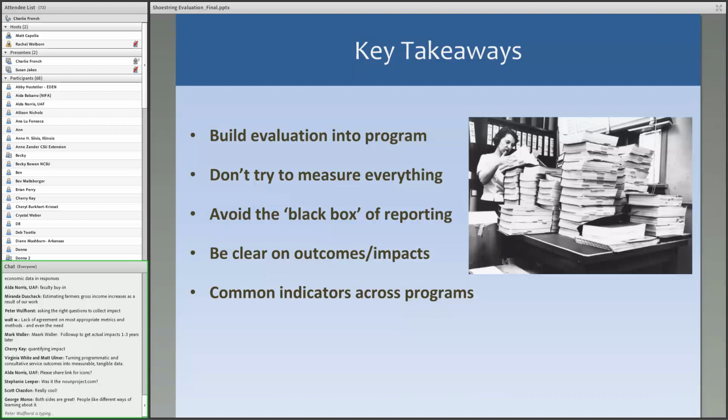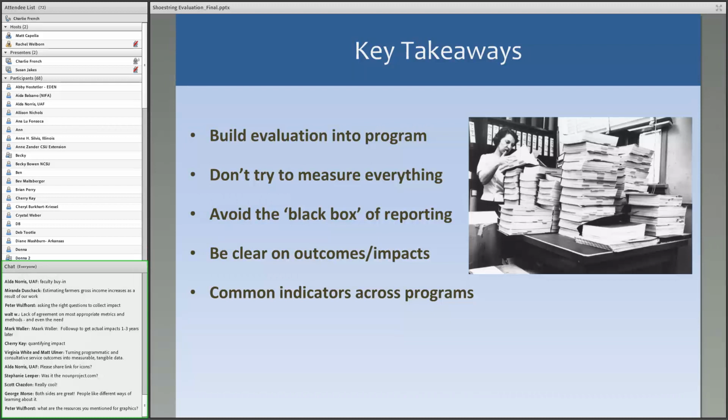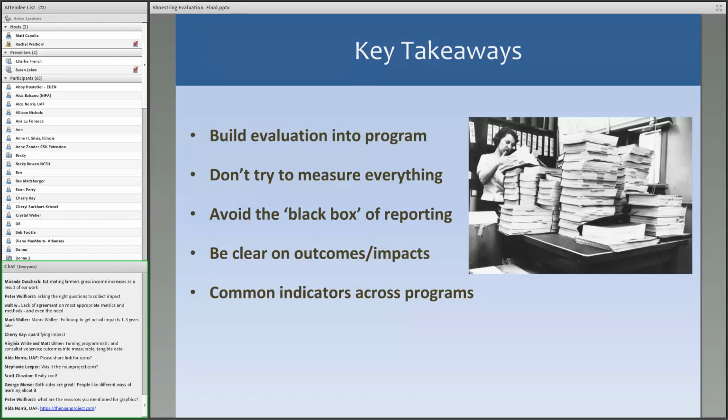When we think about the community visioning process, the community profiles program, there are many points in the process itself that are actually getting us baseline data. And when we meet with the action committees, we're actually collecting data on what those committees are doing. So to that degree, we have evaluation components built into the process. We certainly do surveys and other things, but to the extent that you can use the process itself to give you good information, it's always helpful. Absolutely. The next key takeaway is don't try to measure everything.